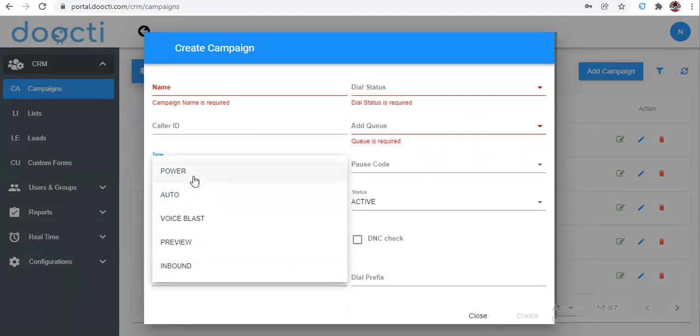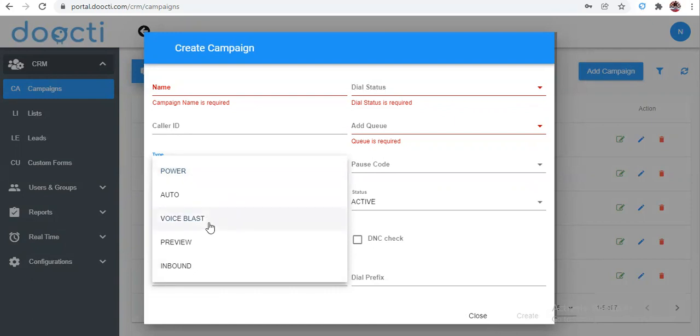All right. So next one is power dialer. Power dialer is similar to auto dialer. Same as that, you can upload a bunch of leads. While you are uploading the leads, you have to assign the agent name. So it will dial to the customer. Once the customer answers, it will land to the specific agent which you have already assigned. That's it.